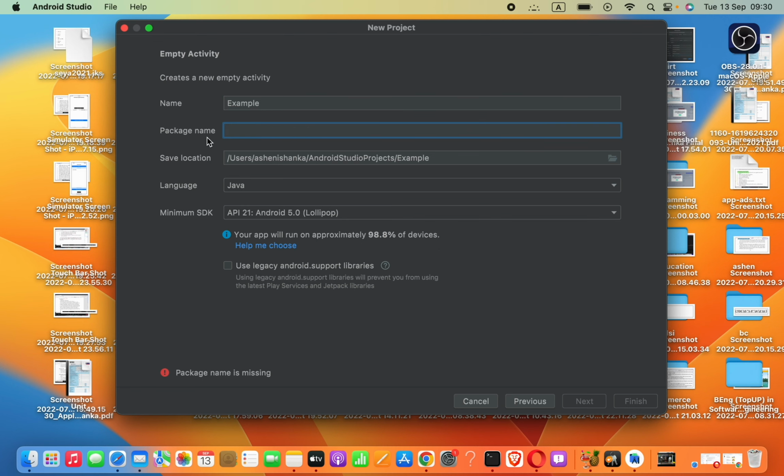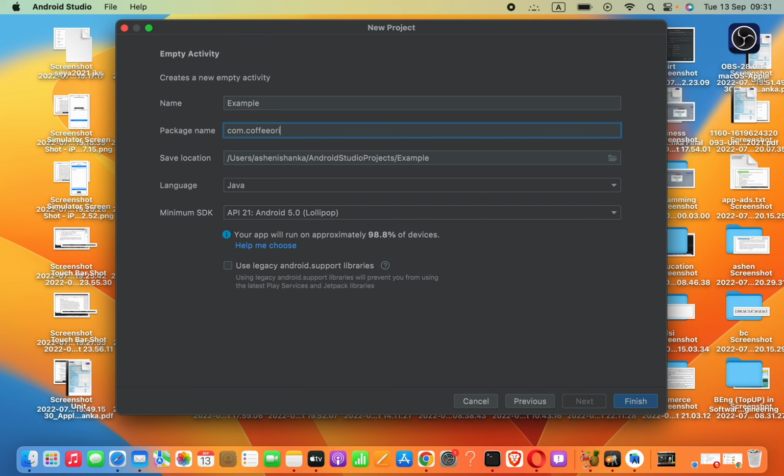Now here the package name, otherwise package identifier, is required for the Android operating system and for the Google Play. Have you ever seen something like when you open the Google Play and share an app in Google Play, you can see the URL contains some ID, for example com.facebook.katana and like that. Now you can choose your own domain here, com dot, let's say